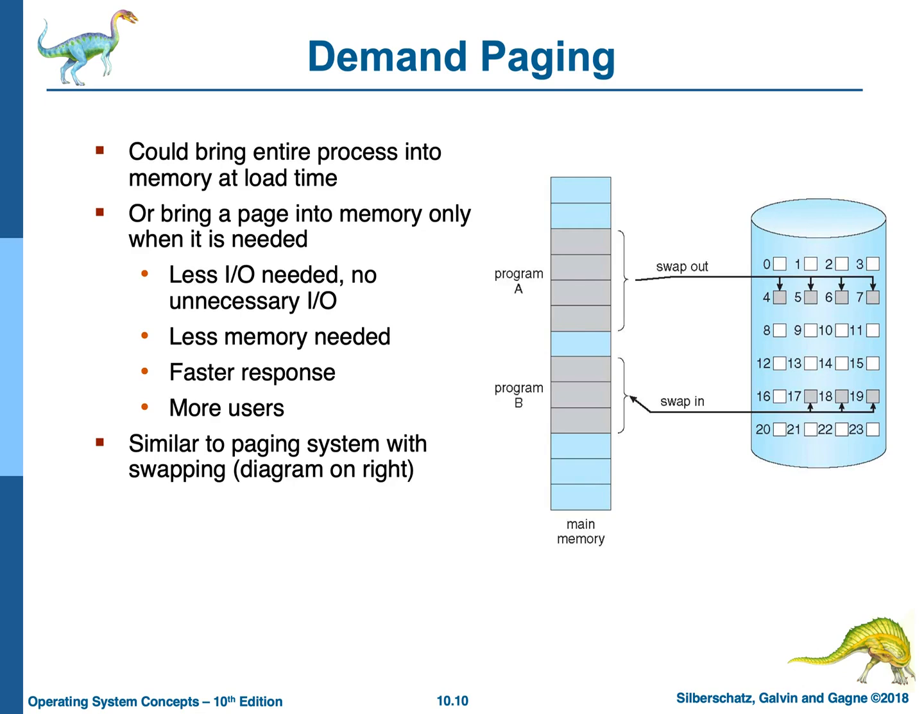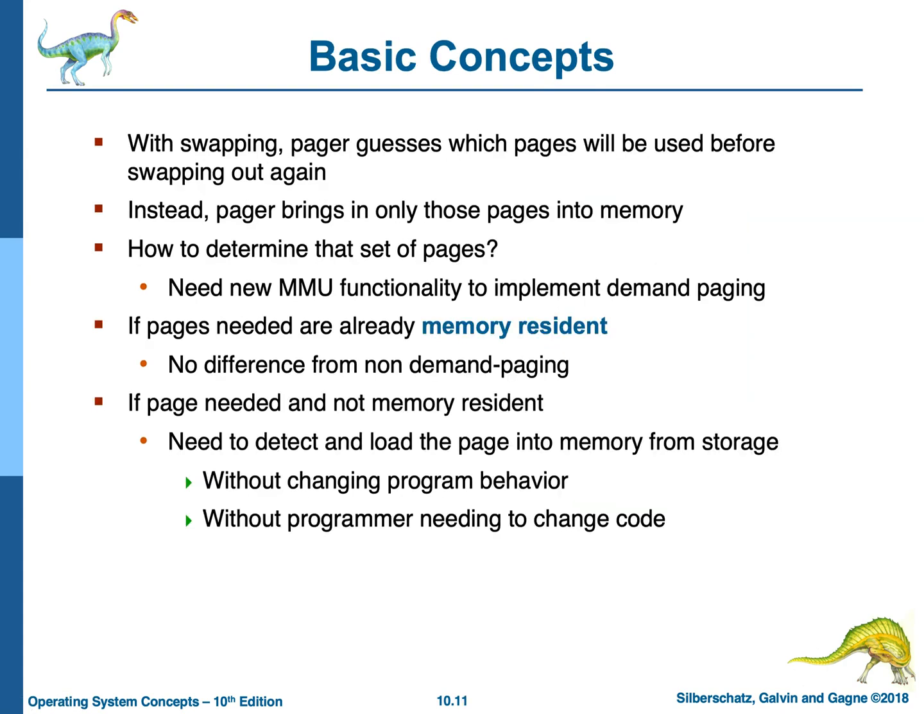Now for example, here we have 4 pages of process A and 3 pages of process B. On arrival of a priority task, the entire process is swapped out and the entire new process is swapped in. This is not actually done in demand paging. The basic concept with swapping pages is which page will be used before swapping out again. Actually, swapping out a page is not